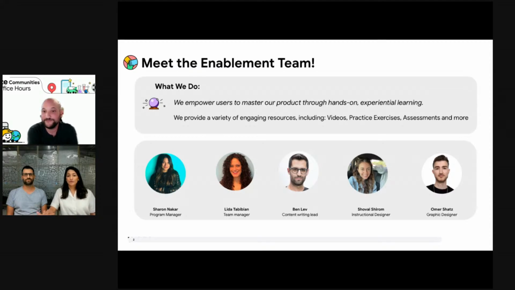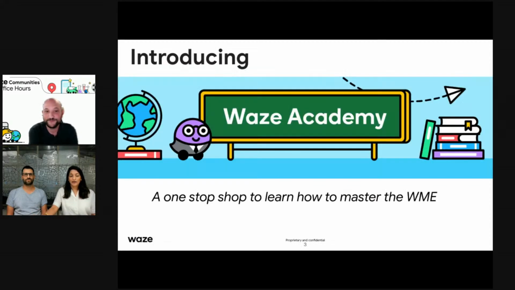So now that you know the team, I'd want to move on and look deeper into the platform itself. So officially introducing the Waze Academy. We see it as a one-stop shop for everything you need to know about editing the map. And what we're hoping for it to be is a central hub for learning, meaning that you can be a very beginner, first time in the platform, or a seasoned editor. You'll have all of the different resources and courses that suit your needs. And we've decided to cover a wide range of topics. We're at our early beginning, but moving on, we're hoping to have a large library of content that's going to suit you all.